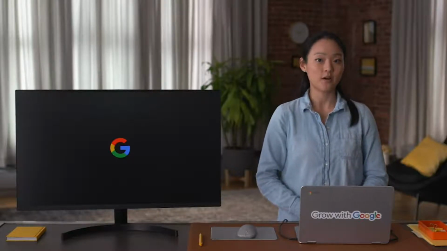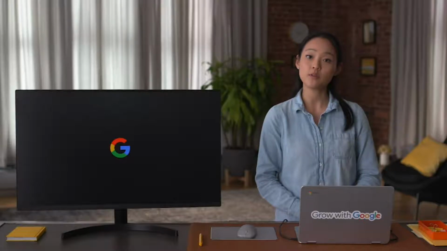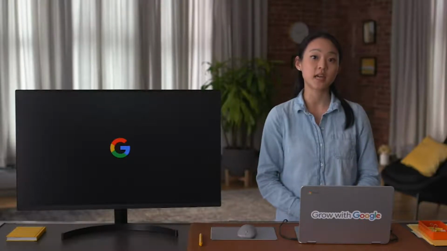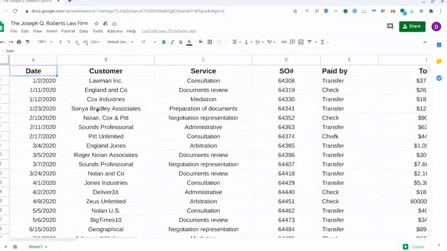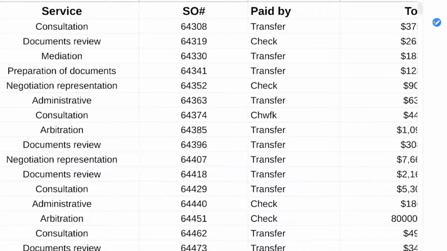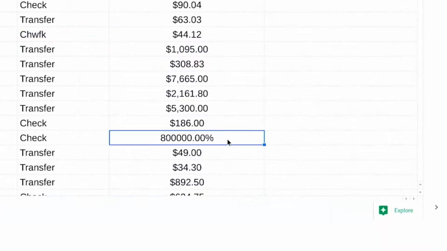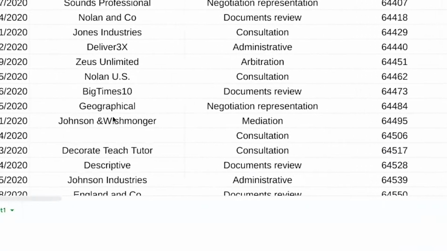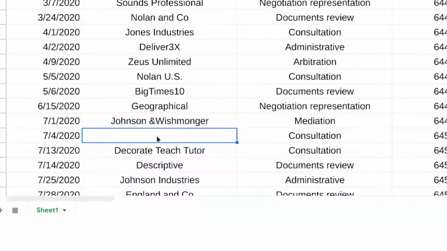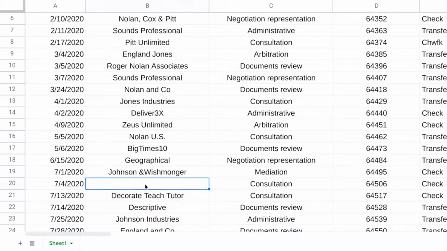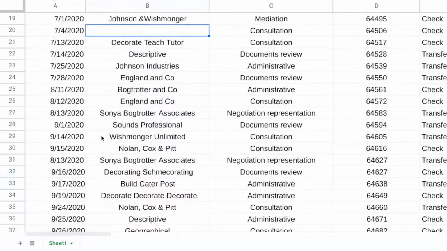Okay, let's go back to our law office spreadsheet. As a quick refresher, we'll start by checking out the different types of dirty data it shows. Sometimes, someone might key in a piece of data incorrectly. Other times, they might not keep data formats consistent. It's also common to leave a field blank. That's also called a null, which we learned about earlier. And if someone adds the same piece of data more than once, that creates a duplicate.